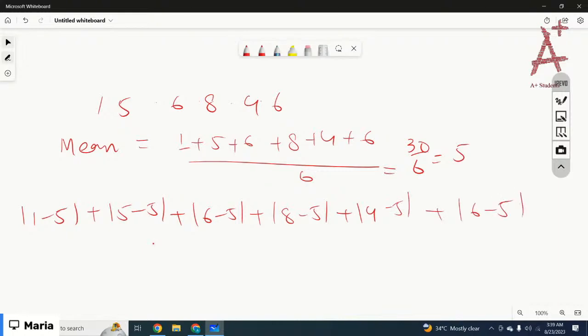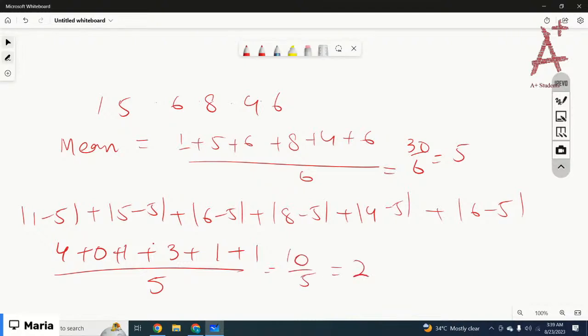Because you're calculating their absolute values, the answer must be a positive number, right? 1 minus 5 is 4, 5 minus 5 is 0, 6 minus 5 is 1, 8 minus 5 is 3, 4 minus 5 is 1, and 6 minus 5 is 1. Just add them and divide them by 5. 10 over 5. That means the mean absolute deviation is 2. So the correct option is